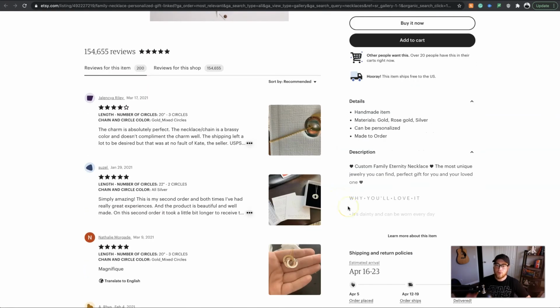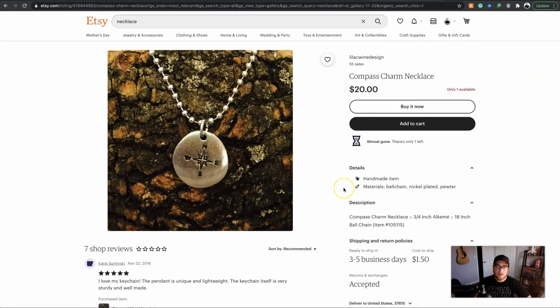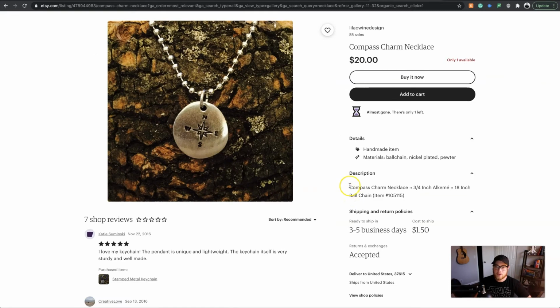The next thing is description. Description is your place to shine. It's where you nail home what the customer can expect. So let's go back to my Devil's Advocate post. The description, they only have one sentence basically, and that's about it. So right off the bat, I don't get a full picture of what I'm buying,